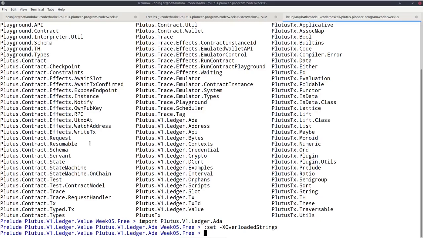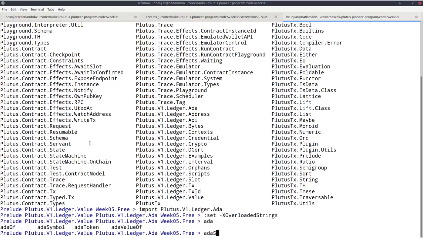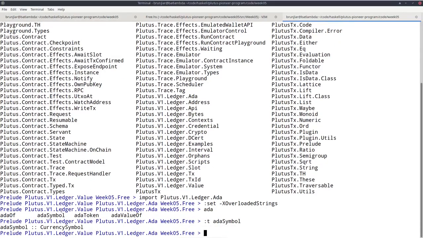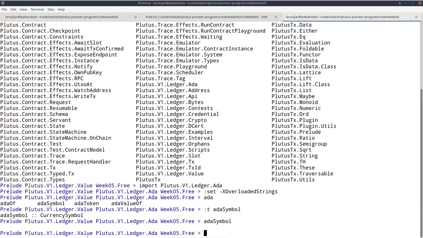Let's start with Lovelace values. In the Ledger.Ada module, there is a function called adaSymbol, and this is of type CurrencySymbol, and that gives us, not surprisingly, the currency symbol of the Ada asset class, and that's just the empty byte string.